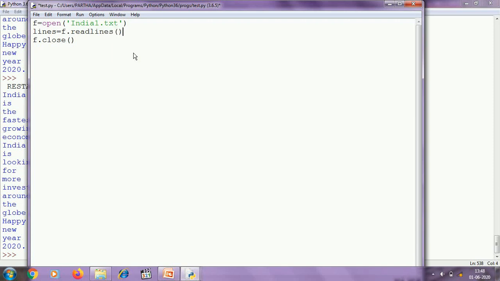You know that the readlines method will return a list containing all the lines of the file as elements of the list, and this list is stored in the variable lines. So I am going to iterate over the list lines, and I am going to print the value of the variable i.